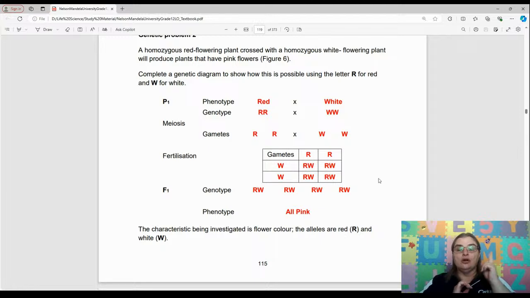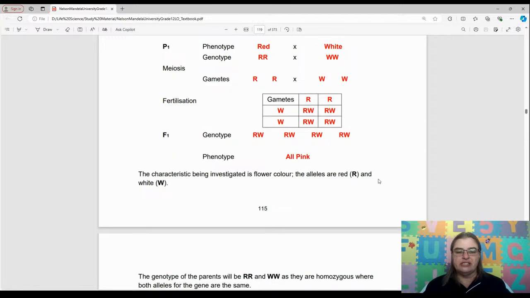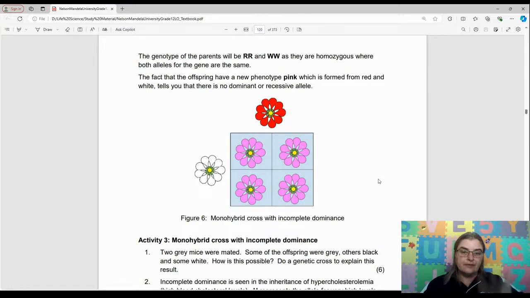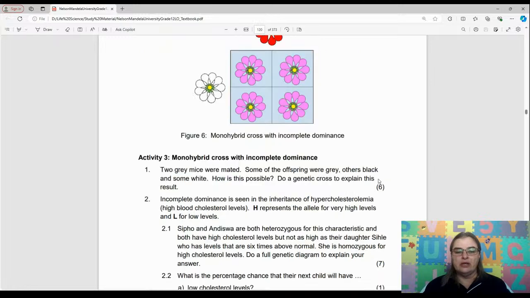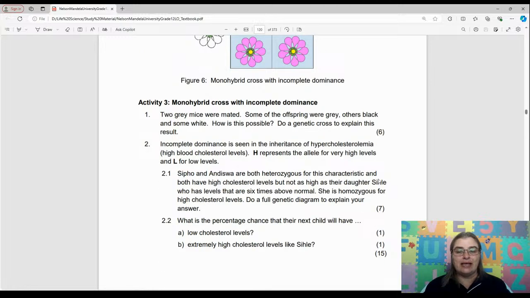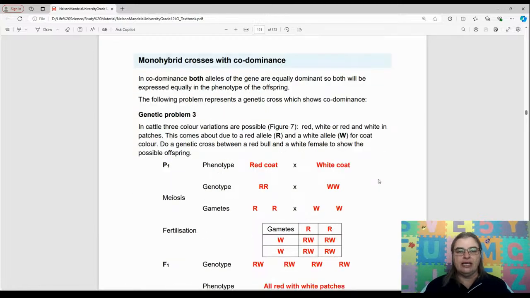So this is incomplete dominance, okay? And it's all capitals here. So the characteristics investigated were flower color, and the alleles are red and white, okay? In the flower example. And there we go, that's the result. So they now give us another example with mice and a couple of other things. Again, if you download this, you can go through these activities. I'm not going to cover those now. Okay, so let's move on to